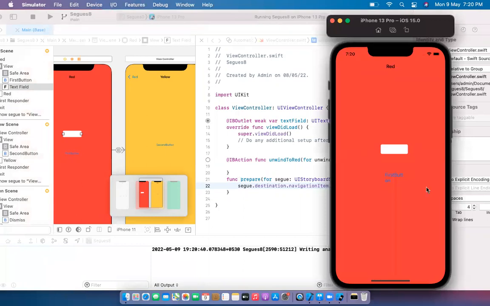Now I have the UITextField here. I will type something here. Suppose I type my name, Ravindra. And when I click on this first button,